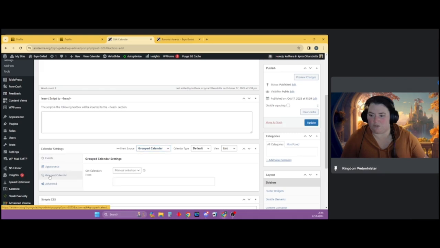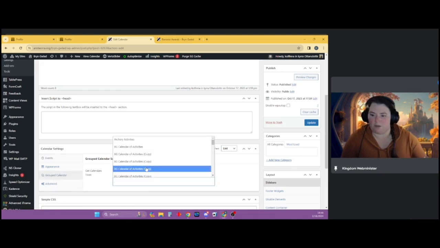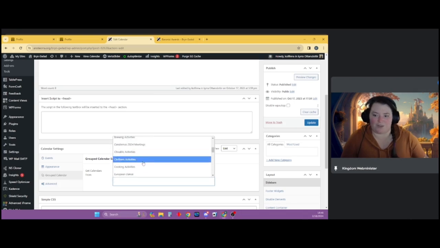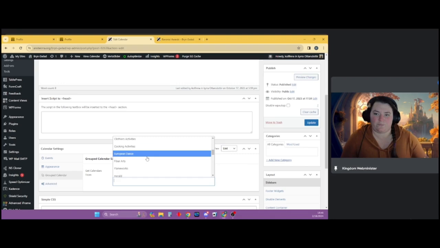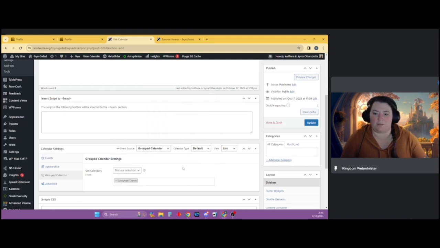So now I've seen this has changed, and it says get calendars from other calendars. So if you have a calendar, say for your local group, and you want to say, it'd be really cool to import calendars for our guilds and our combat separately. You could say, here's the guild calendar, here's the combat calendar,